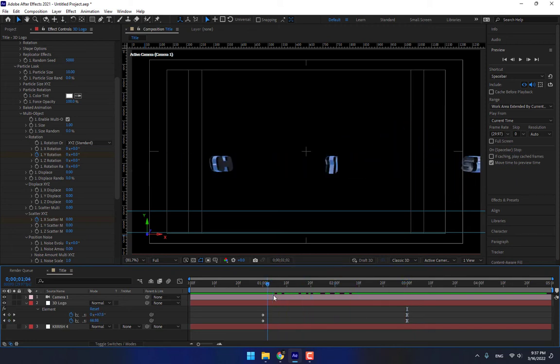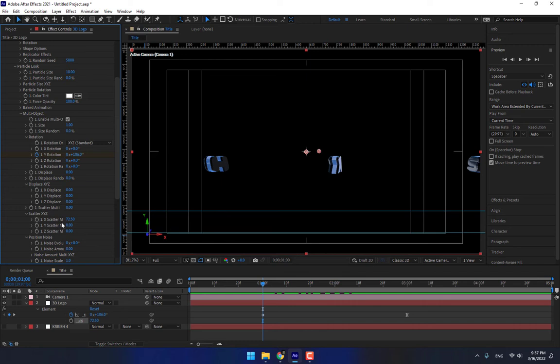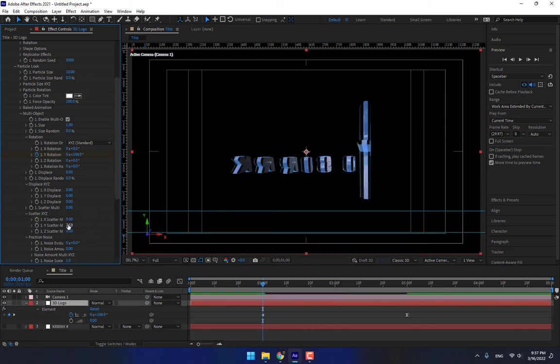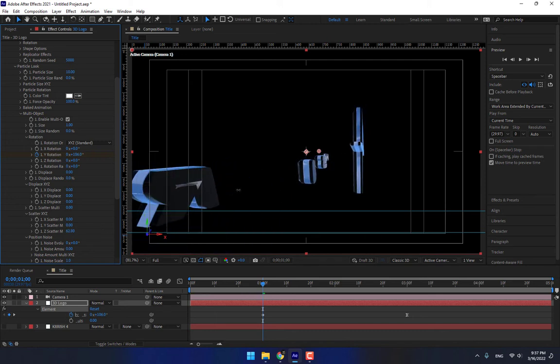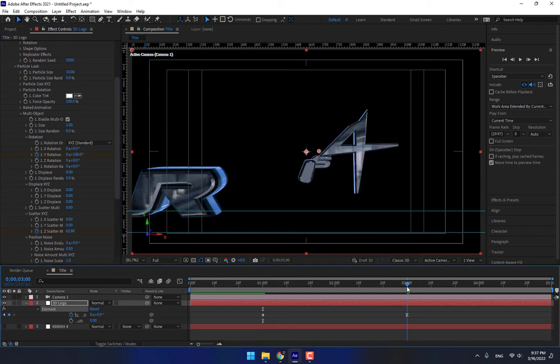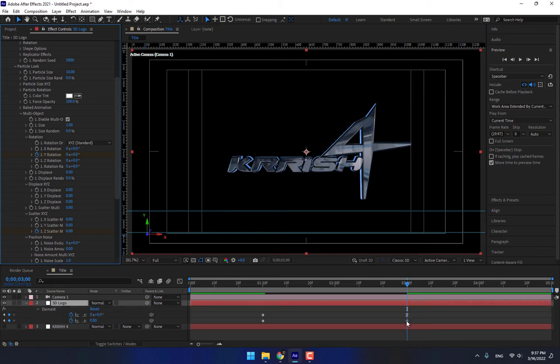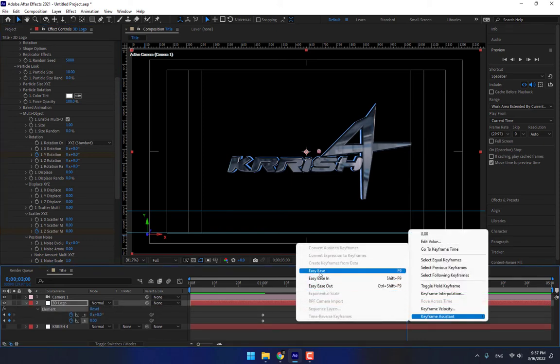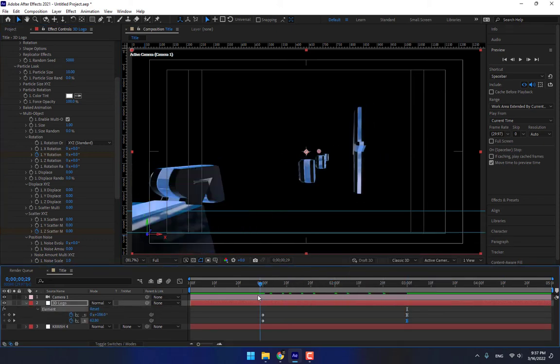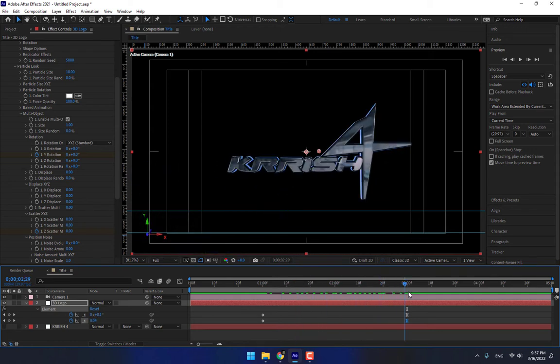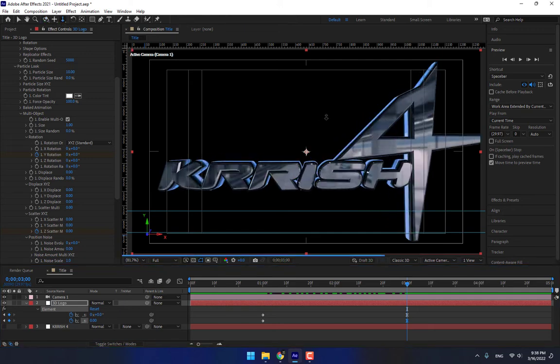How does it look? Turn off this one, press 0, press shift. This one is too good. Stopwatch and change to 0. Press U, right click, easy ease. I need to change the camera. Zoom in